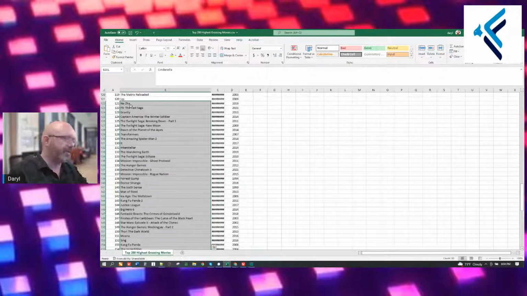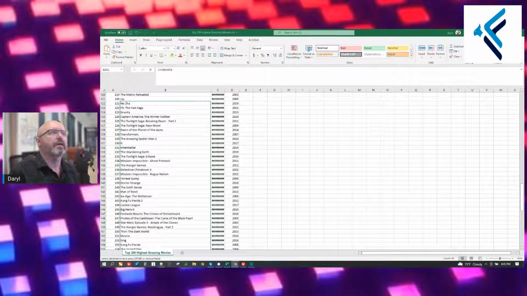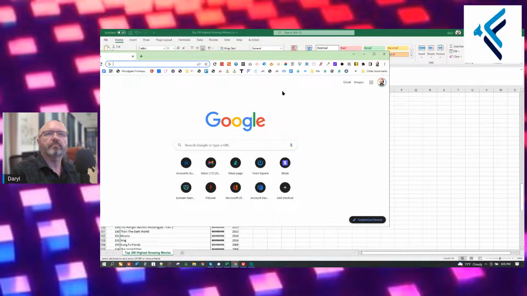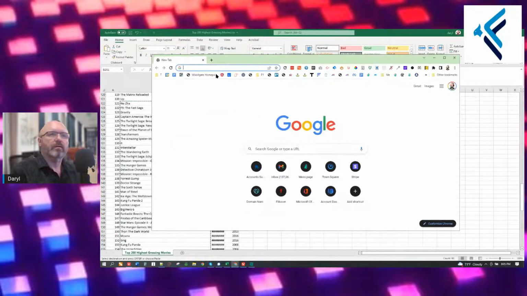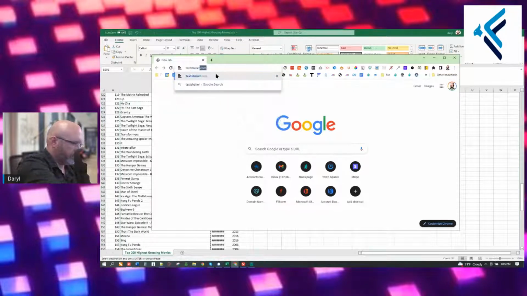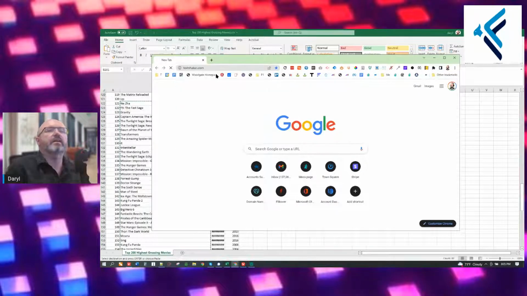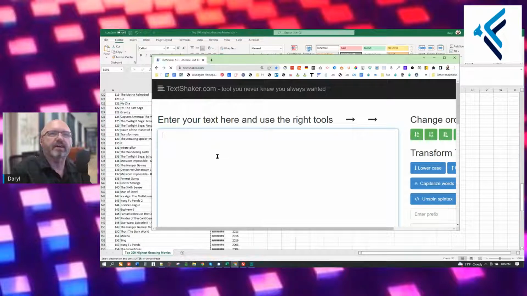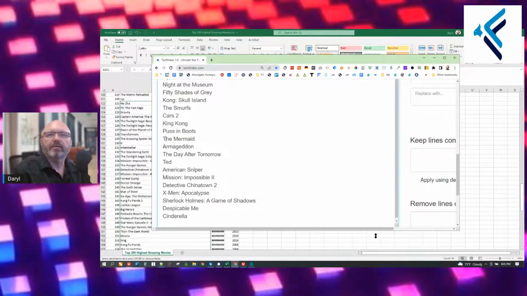Okay, so we're going to take these images here and just copy them, and I'm going to go into Text Shaker. All right. Hopefully you guys can get onto a laptop or a bigger screen so you can see what I'm doing, because on mobile it's going to be kind of hard to see this tonight as I walk through this demonstration. Okay. But here you go.